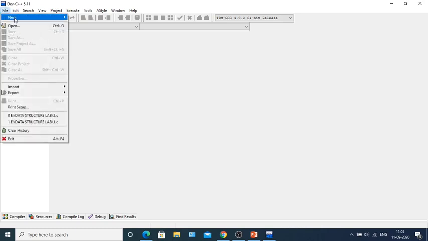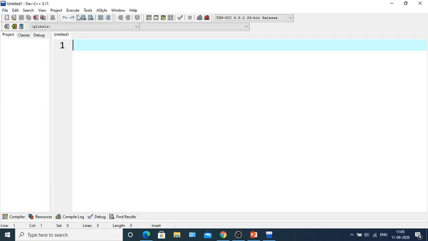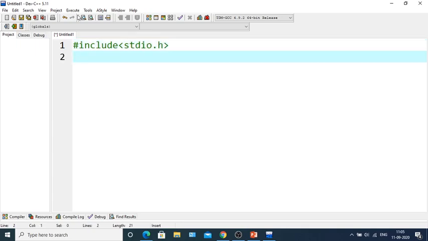So this is our C editor. File, source, new. First we'll take #include <stdio.h>. This is the standard input output header file. Next, #include <conio.h>. This is console input output.